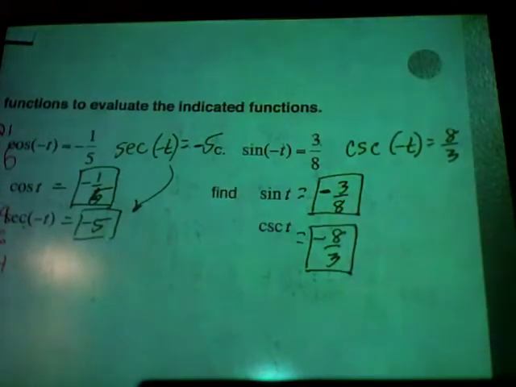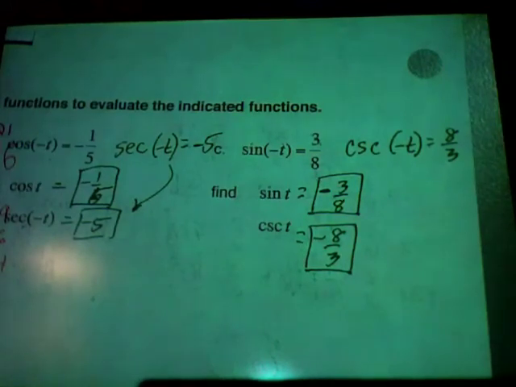So really all you have to remember is that cosine and its inverse secant stay the same. All the others just change the sign. All right, so I want you to